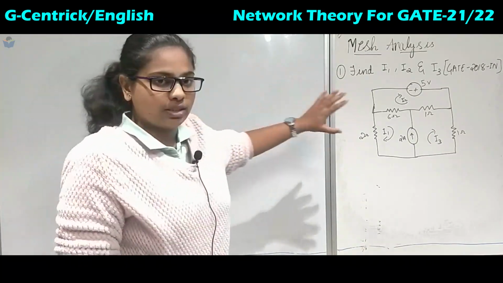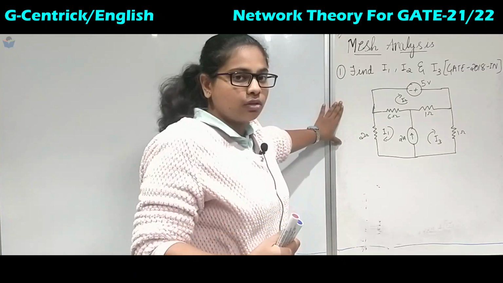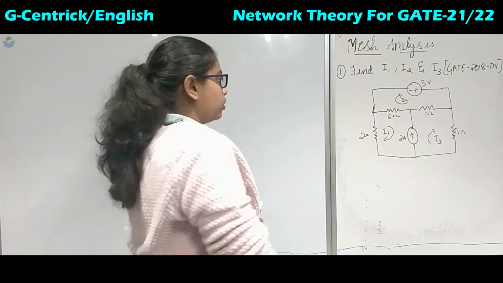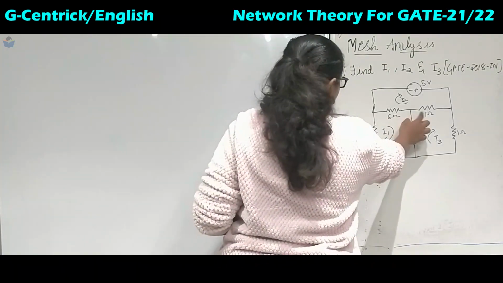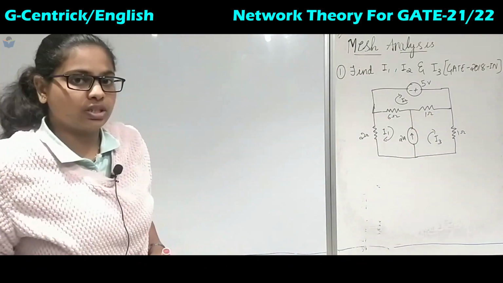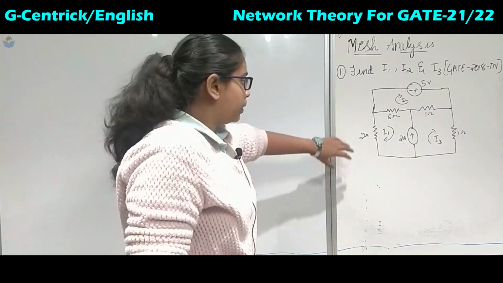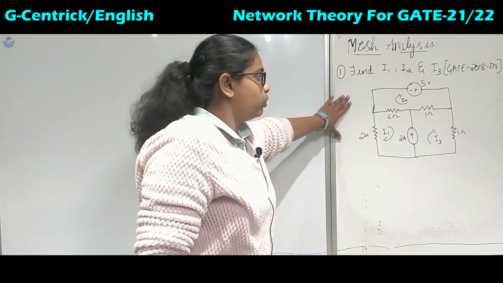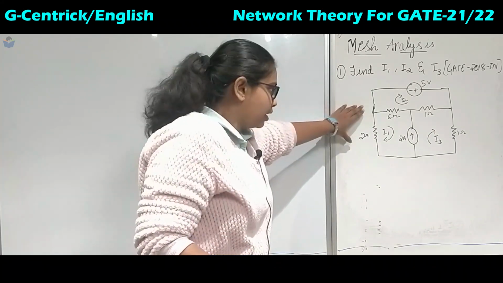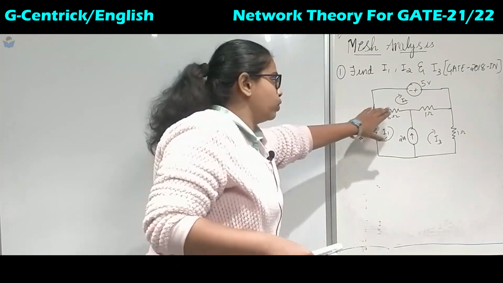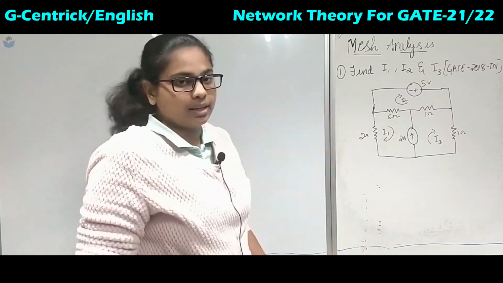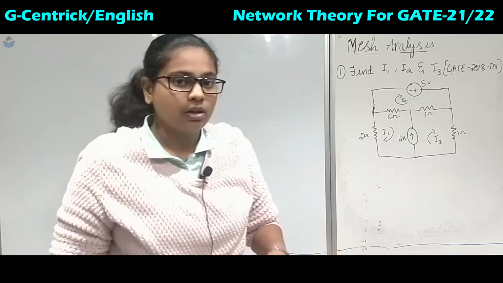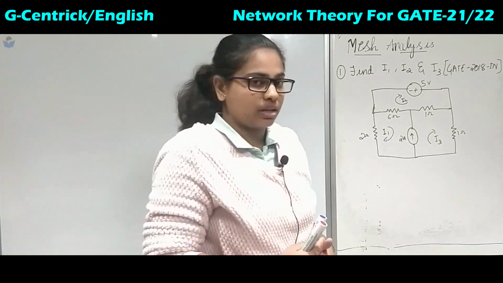Now most of the students may first think of solving this by the method of nodal analysis. You will identify the three nodes 1, 2 and 3, then you will get three equations and solve them. But here they have asked to calculate the current. If you use nodal analysis, you will have to calculate the node voltages, and then calculate the value of the current flowing in each of the branches. So in nodal analysis it will be an extra step.